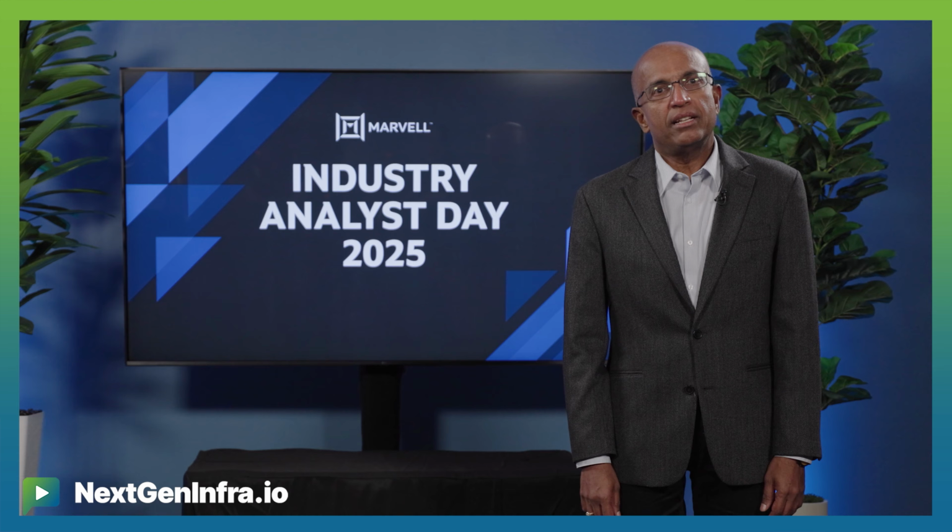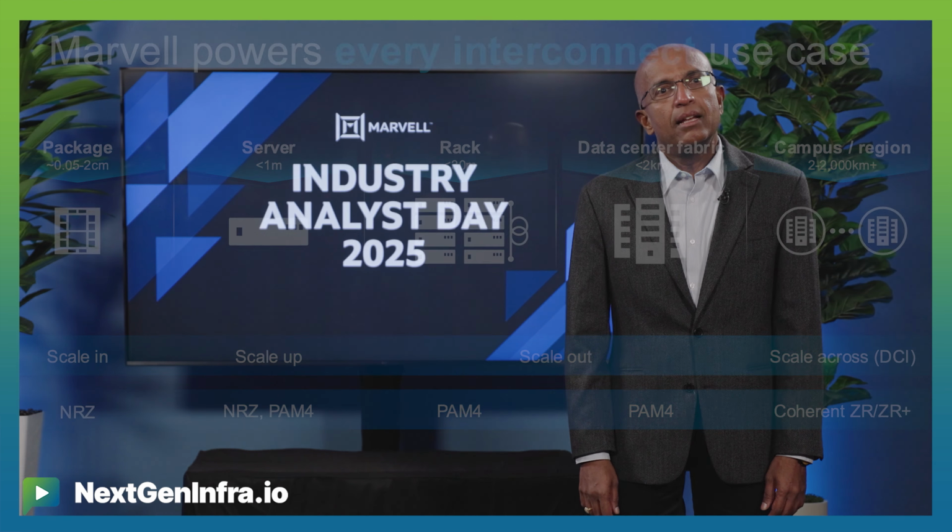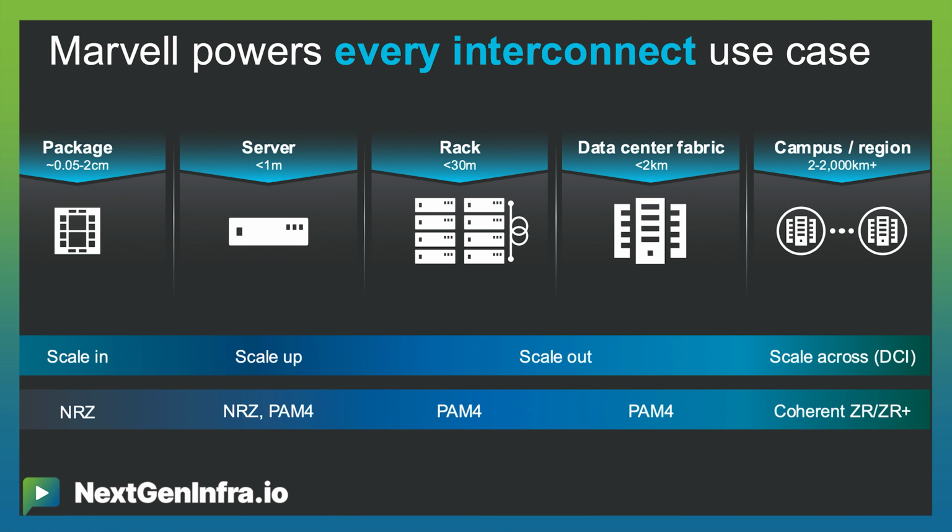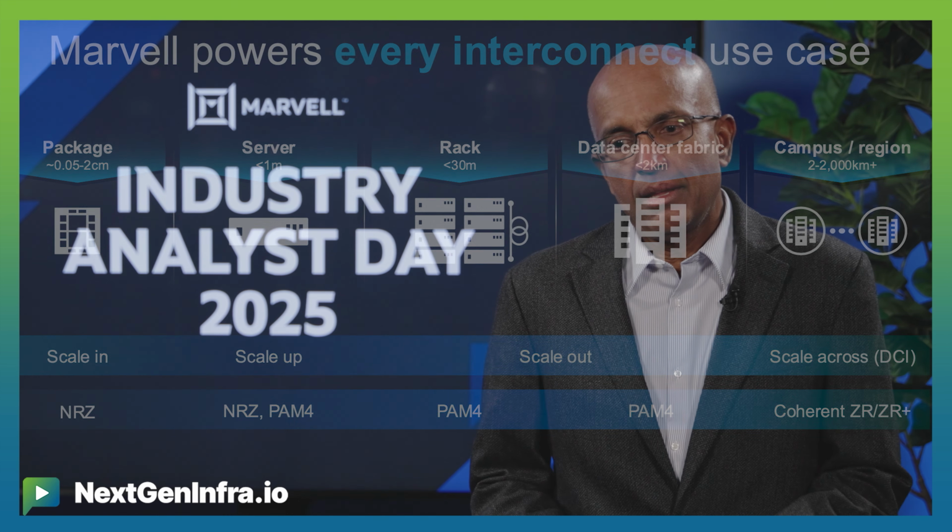So the question is scale up, scale out, and scale across. The difference is essentially distance, but between scale up and scale out, even the distances are getting a little murky. For scale out, they run anywhere from 30 to 300 meters, and anything under 30 tends to be scale up these days. And anything beyond 2 kilometers all the way up to 2,000 kilometers is scale across, which is traditionally called the DCI market. So the designs for scale across are essentially